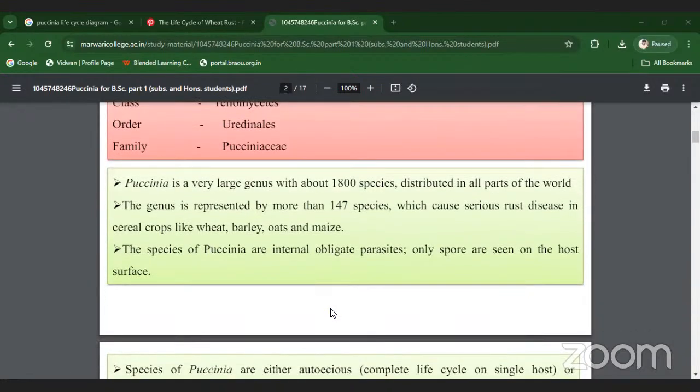Right, Puccinia. Are you able to see the Puccinia slide? Yes, sir. Let me take a marker. So Puccinia is a very large genus with about 1800 species distributed in all parts of the world,